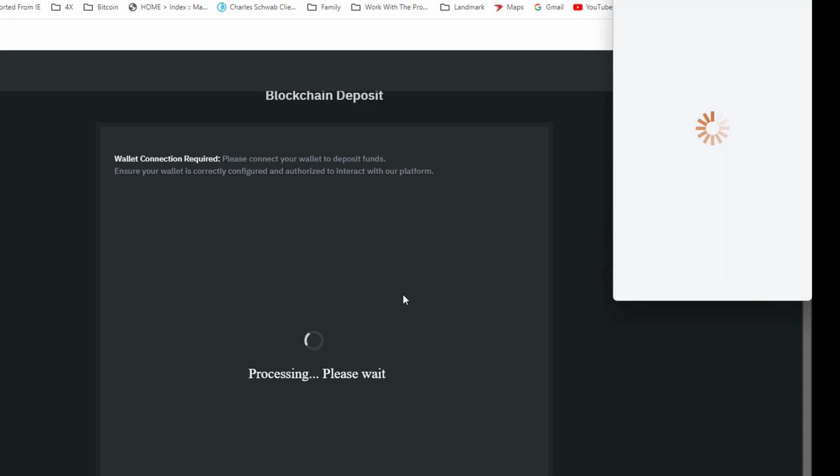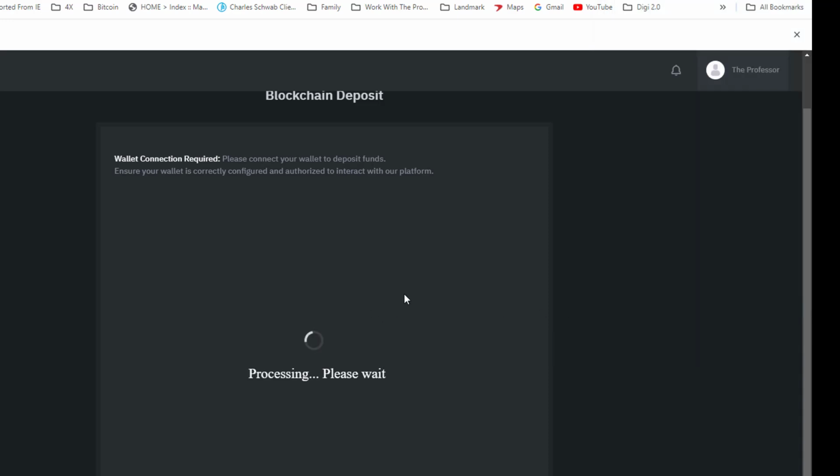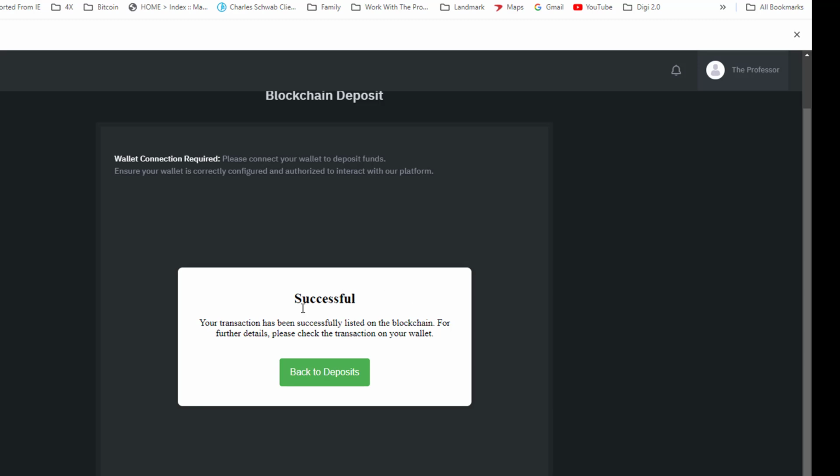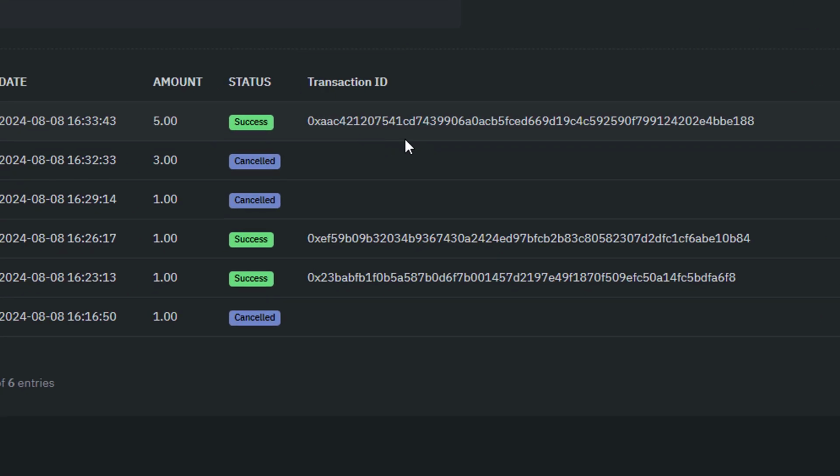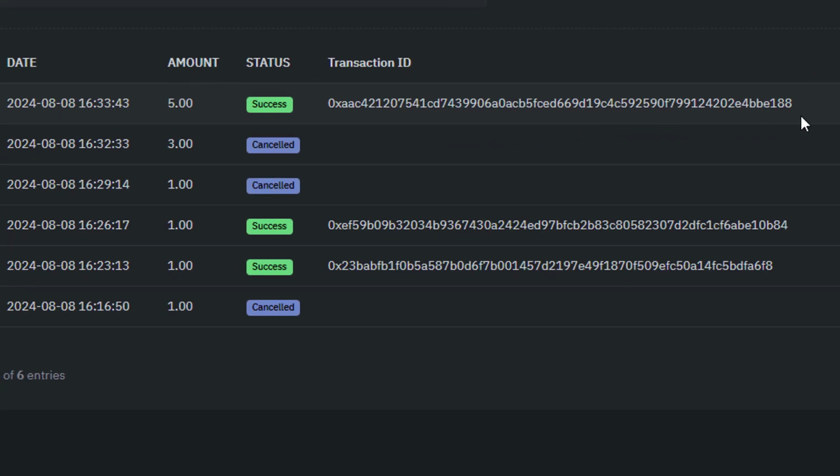I've clicked. And that's successful. Back to deposits. And there we go. We're good. Now, a successful deposit should show a transaction ID.